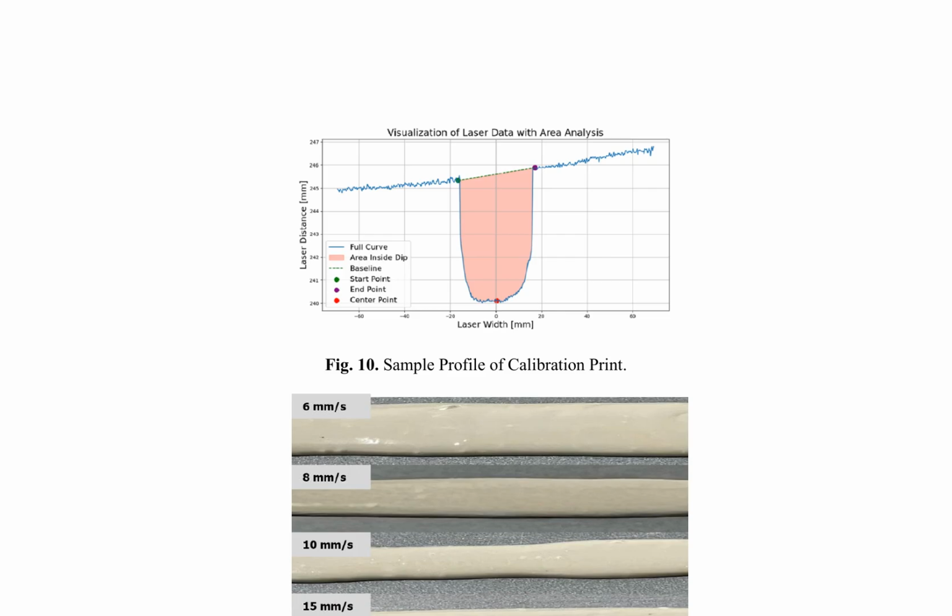The calibration process involved establishing the relationship between the robot's speed and the amount of material extruded. This was achieved by testing various speeds and measuring the cross-sectional areas of the extruded material. The results, as summarized in Table 1, demonstrate an inverse relationship between the robot's speed and the material extrusion rate. As the robot's speed increases, the amount of material extruded decreases, and vice versa. This calibration is crucial for the crack filling process, where each crack coordinate with varying sizes requires an appropriate speed